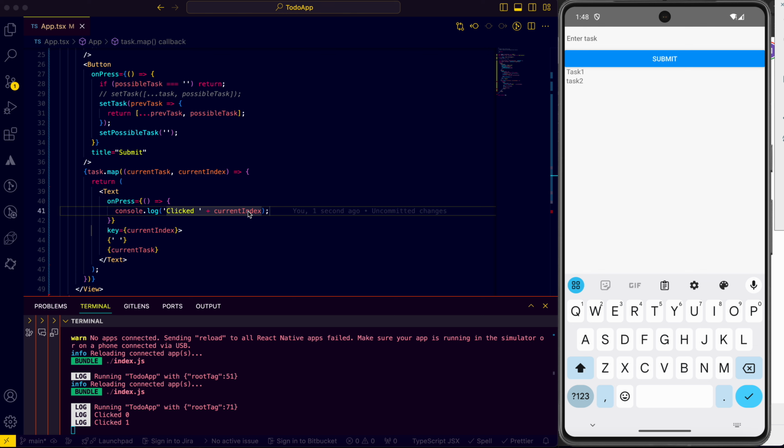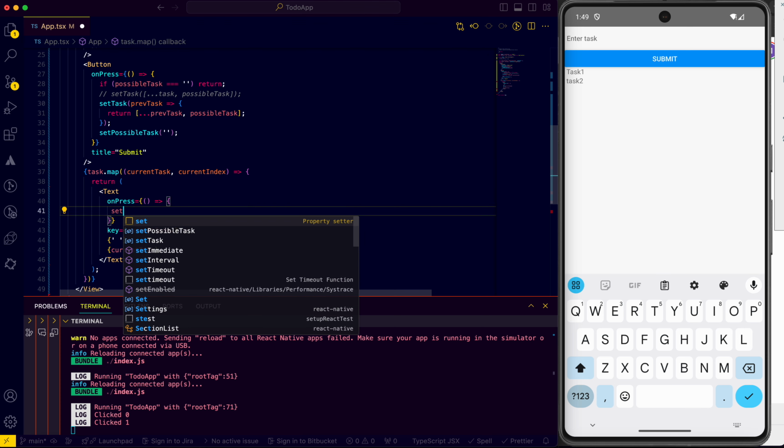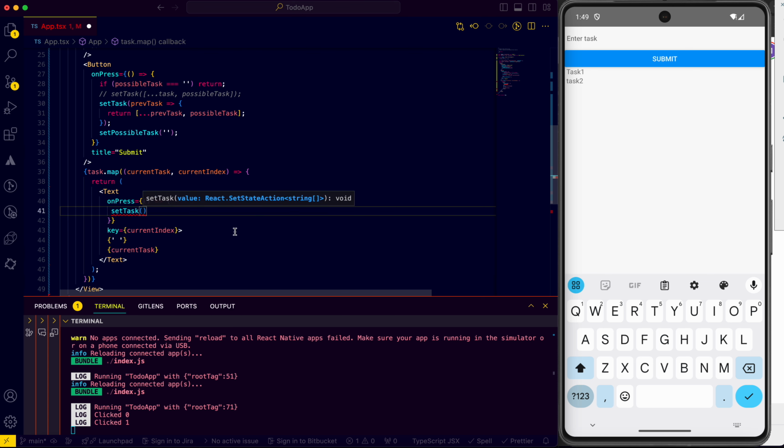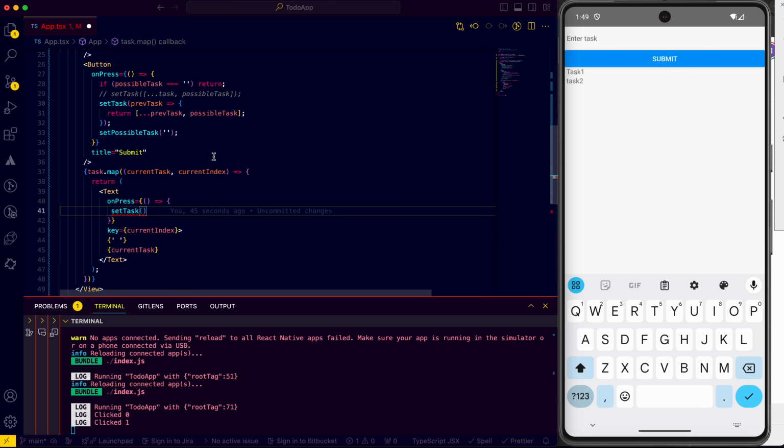So we already know which index has to be removed from the task, and if we remove that index, then automatically that task will be removed, right? So since we have to manipulate this task, we'll be needing the set task setter function, right? And since our new state of task is dependent on the previous state of task, we are gonna take the approach which we discussed in the previous video. If you haven't seen that, you should go back and see it immediately, because otherwise it will be very difficult for you to understand. So let's call it pref task,